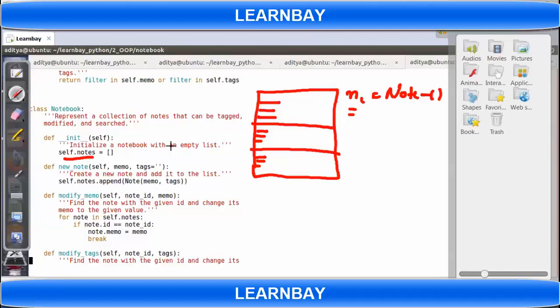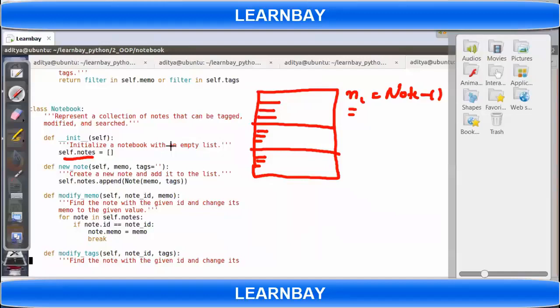It's self.notes that is actually this, right? That we are creating in the notebook class. And when we are creating a note, that is a page. We create a page, come here, and add that page to the notebook, in self.notes. Here also the same thing is happening. Instead of notebook, we are calling it contact manager. In notes we are adding the description, the memo, tags and all. Here also in contact, we are adding email and mail.